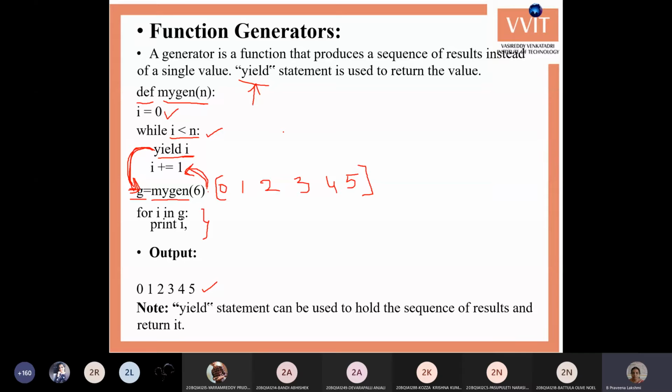The sequence of results are created as a list and stored into a variable.